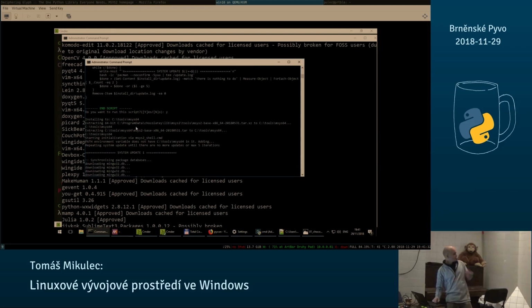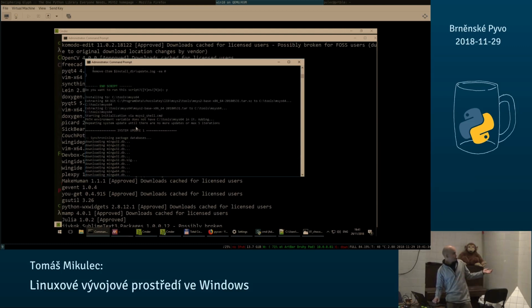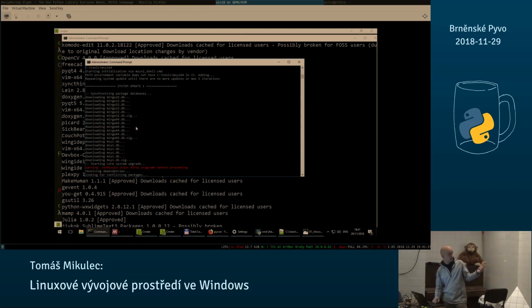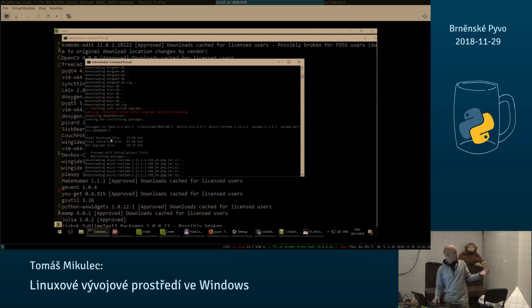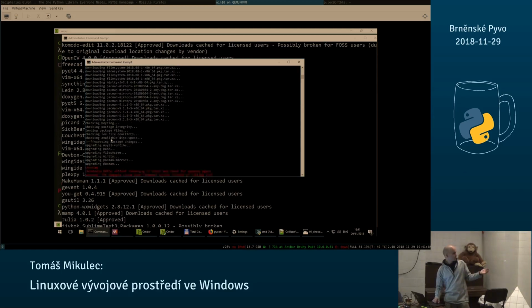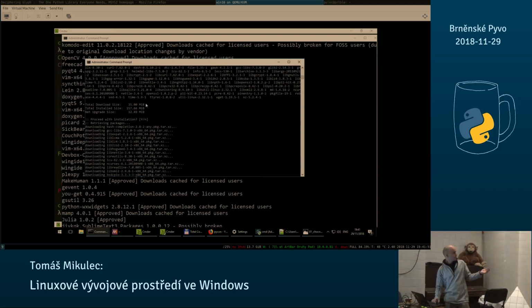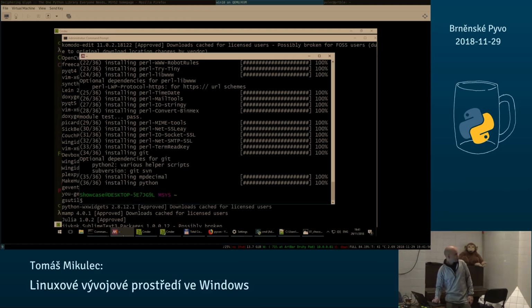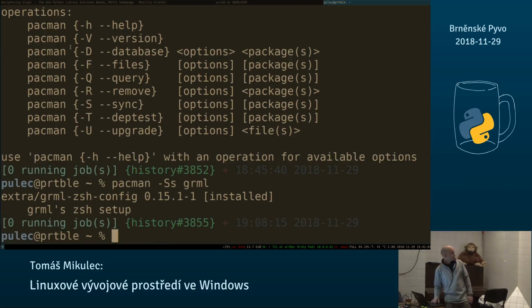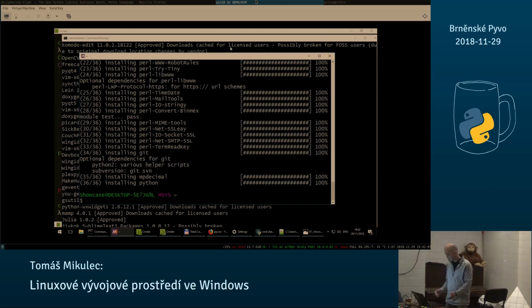And it just unpacks the thing, and then it's downloading the repositories, and does the pacman -Syu, which is pacman synchronize and update. And it does things one time, second time, and the third time. And then you are left with this shell. So I'm using Linux, so pacman allows you this help, and the same thing is on Windows. So when I have pacman on Windows, I'm really glad. So I can do pacman,